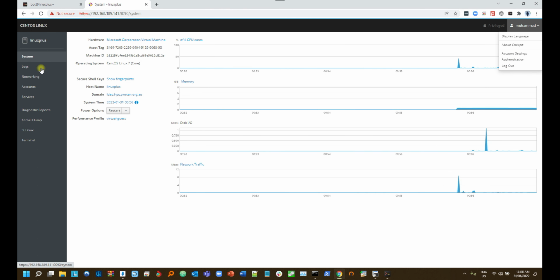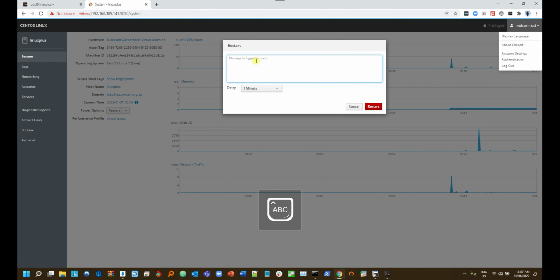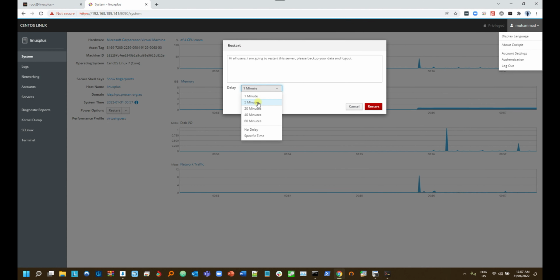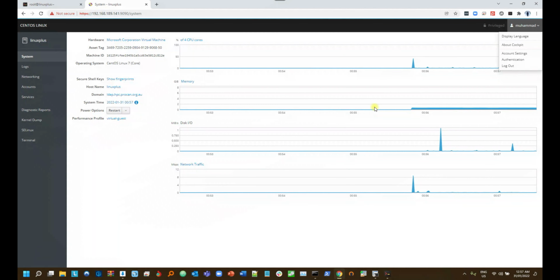And the best thing is, for example, if you want to ever restart the system, right? You can always send a message. Hi all users, I am going to restart this server. Please back up your data and log out. For example, I want to do this, right? And I say, let's say I want to restart in 5 minutes. So this will broadcast a message. There you go. So now if I say Control D,